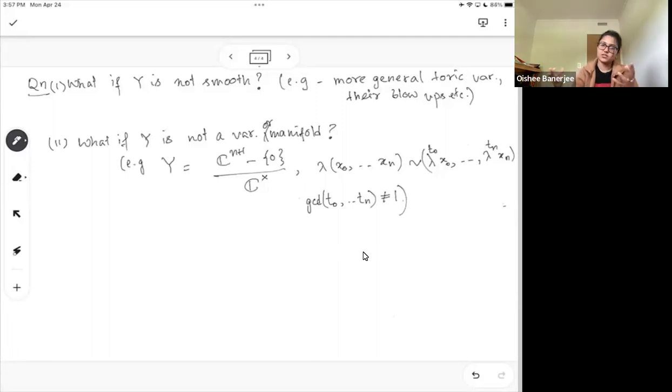So in such a situation, the space that you get, every point has a non-trivial stabilizer. And it's not an orbifold even in the traditional sense. And one wants to have a method